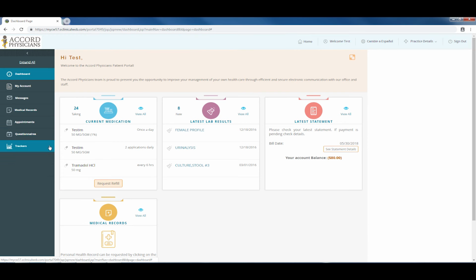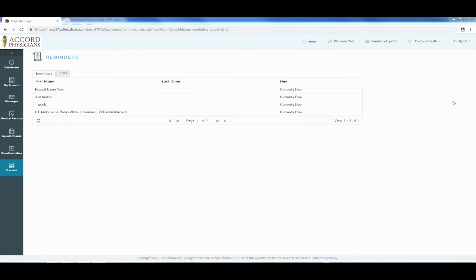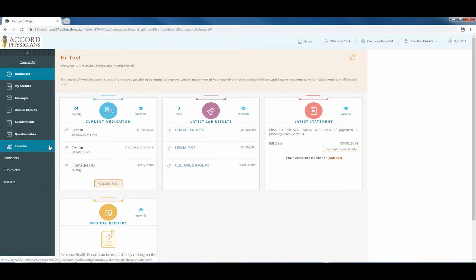Finally, you have the Health Tracker tab, which lists any reminders or health tips that your doctor might have sent you. To get the most out of the health tracking feature, we suggest using the HealOut app. It allows you to link your fitness tracker's data and share it between doctors. To learn more about this feature, please watch our HealOut tutorials.